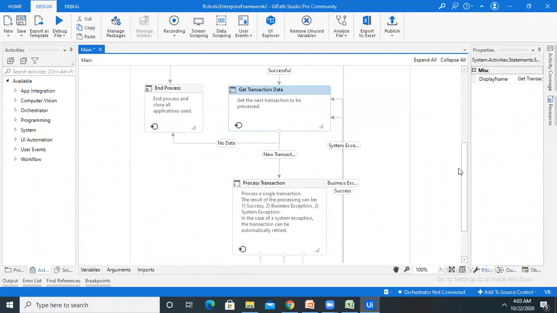Now, the third, process transaction state, is basically used for invoking all the process specific workflows, going back to our example of attaching a document in any application. So let's consider the same example of SAP automation. When the bot has now initialized the SAP application and got the transaction data from the queue, the bot should now upload the attachment to SAP. So here in the process step, all the activities to attach the documents are invoked.